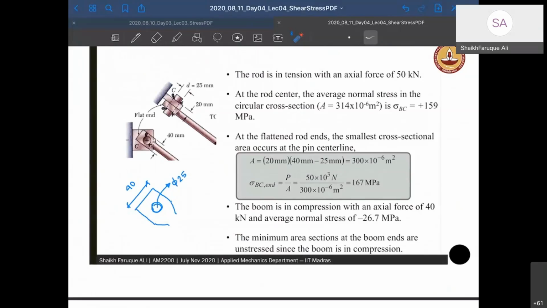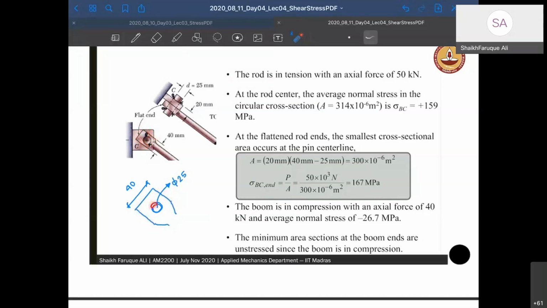Now the flattened portion, we have to check at various sections. We have to check the stresses at this flattened section also. What is the area at the flattened section? It is given that this is 20, right? And this is 40, right? This cross section is given 20, like this. So this is 20 into 40, minus 25 because there is a hole here of 25. So the minimum portion is this. You can see here it is drawn. If I draw it elaborately,